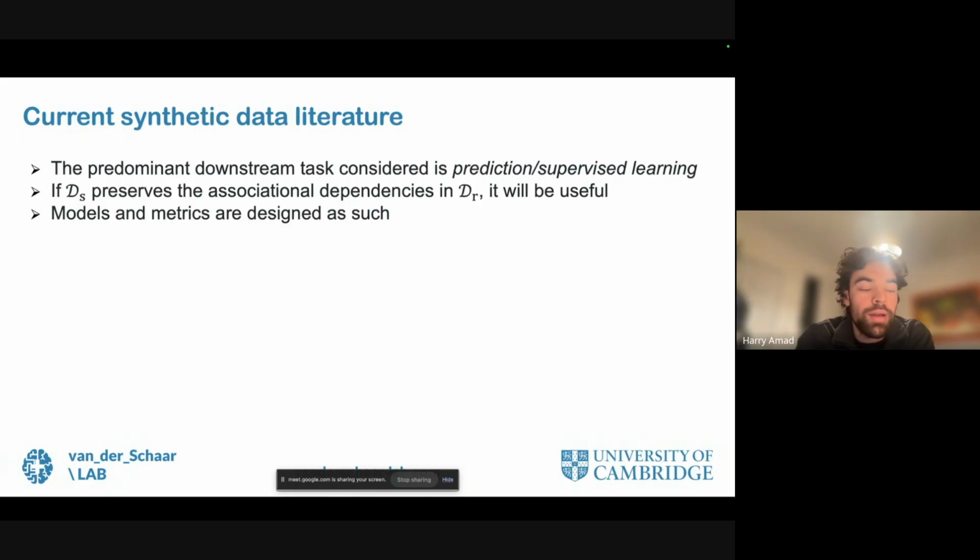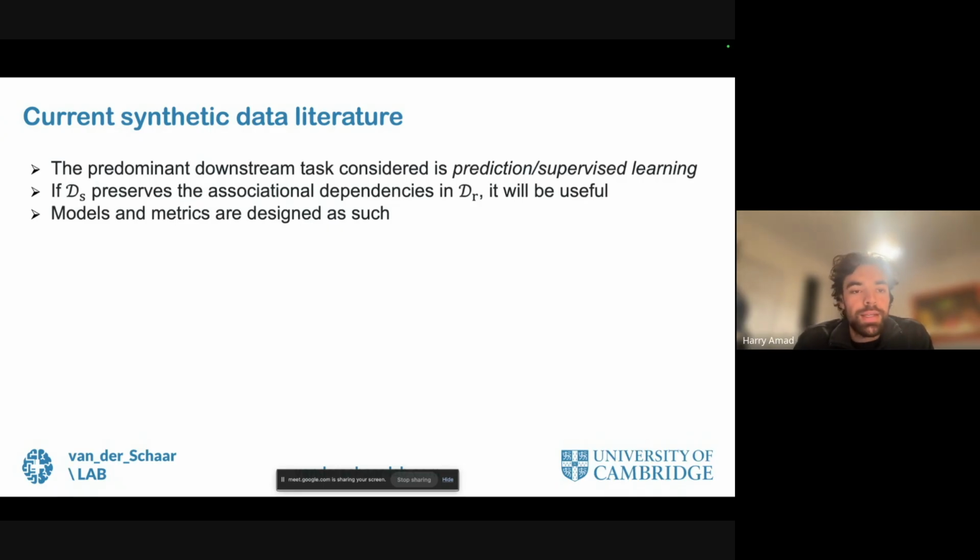Currently in the synthetic data literature, and specifically we're focusing on tabular synthetic data here rather than image synthetic data or textual synthetic data or anything like that, the predominant downstream task considered for tabular synthetic data is traditional supervised learning or predictive tasks. A typical example would be a classification task where you have a synthetic data set which could be used to train a classifier, but the real data has some privacy issues. So you create a synthetic data set, release it, and then downstream analysts can train their own classification models or regression models or whatever supervised learning task they're interested in.